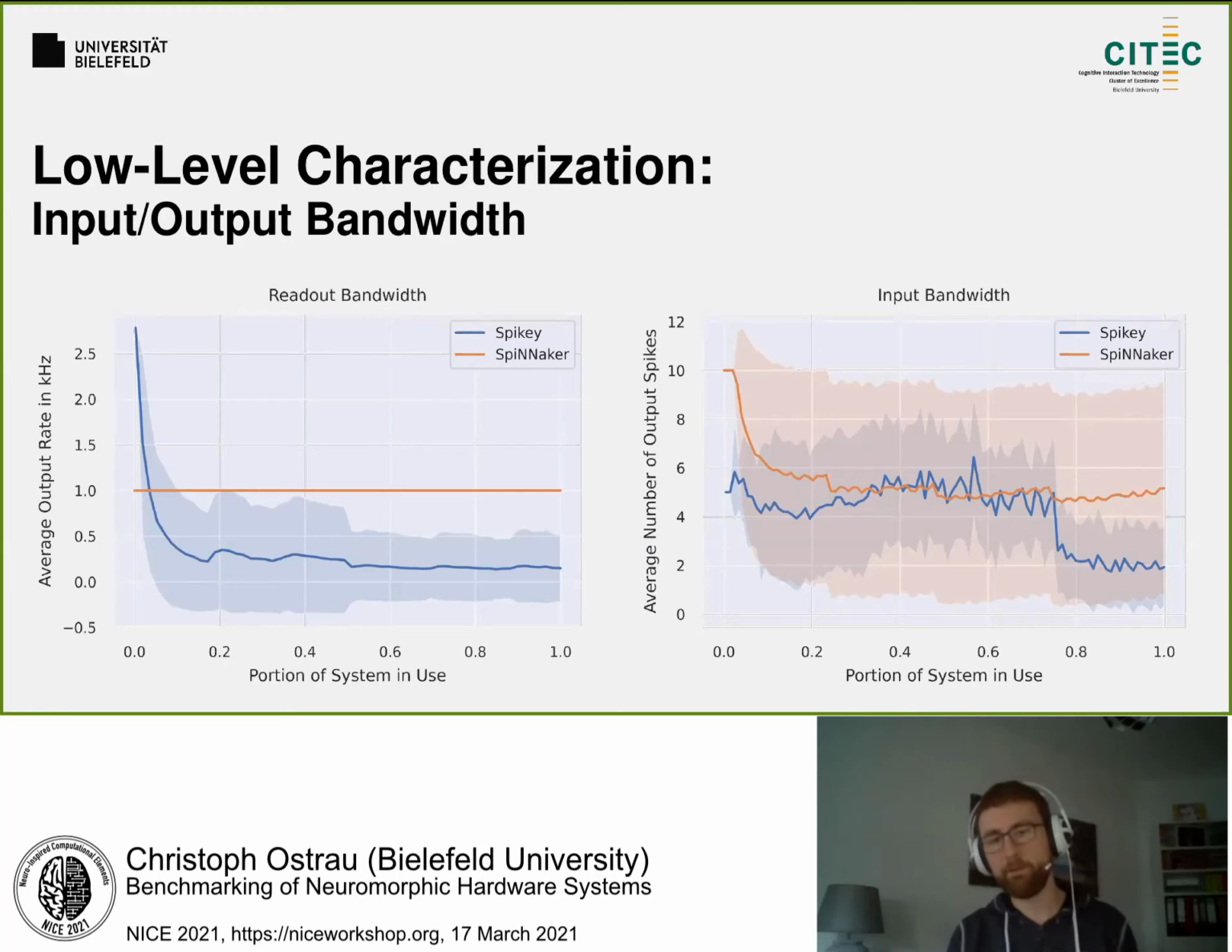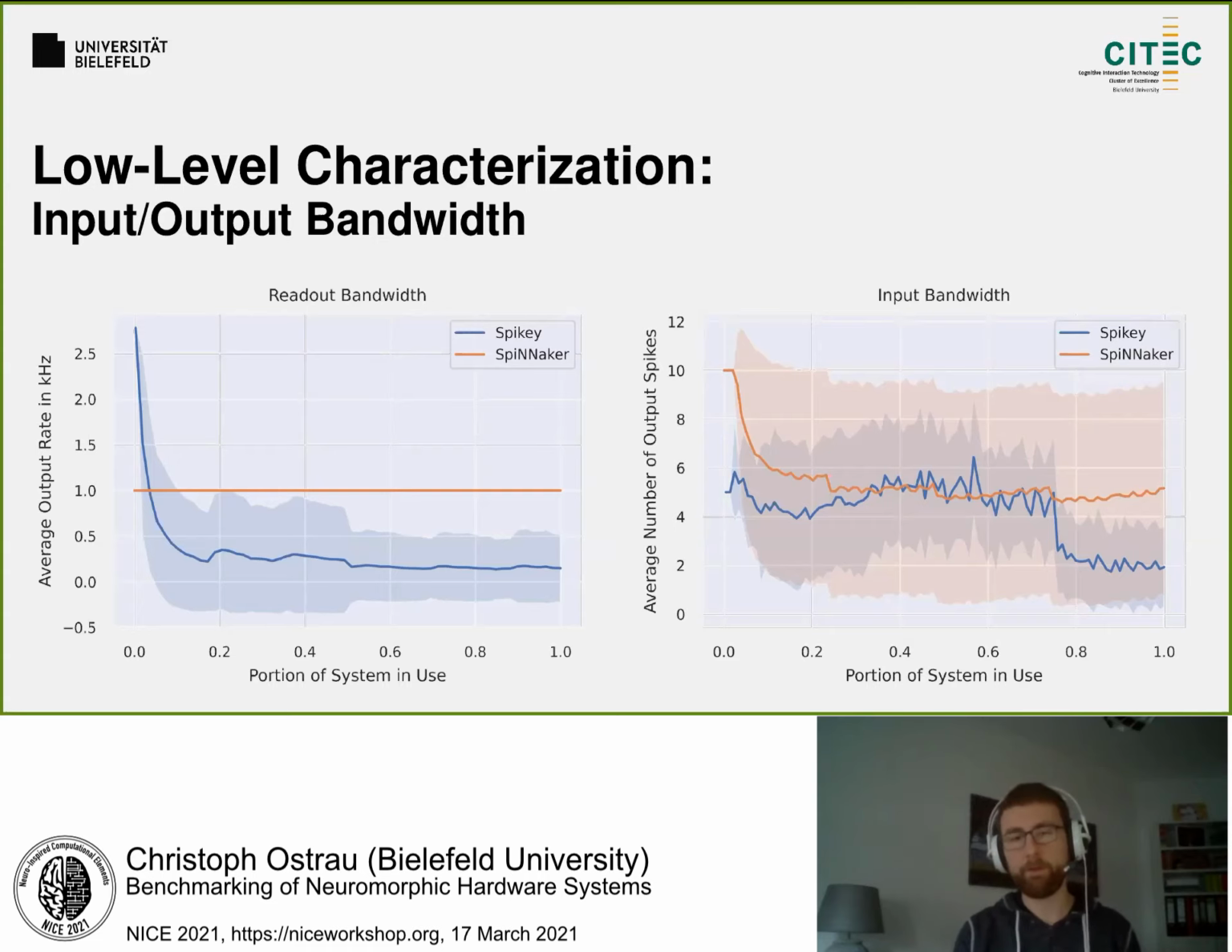On the right side, you see the input bandwidth benchmark. We cannot directly measure the input bandwidth, so we measure the response of a population of neurons to, in this case, a one-to-one insertion of spikes. So spikes are inserted at the same time to all neurons in a population. And you see that on Spinnaker, the response goes down rather quickly too,